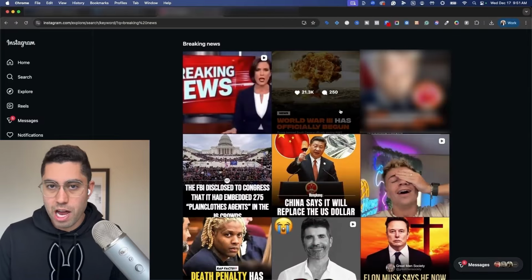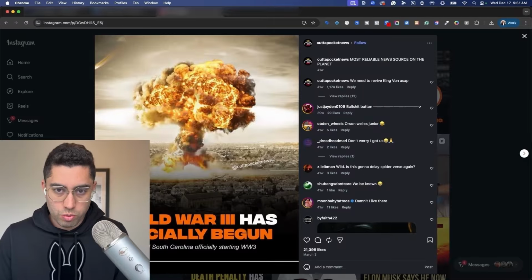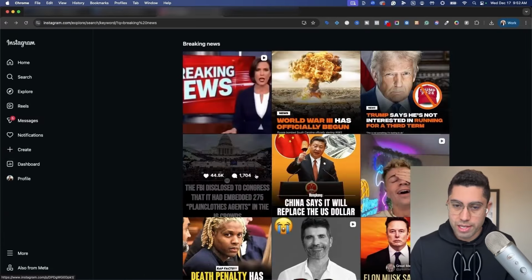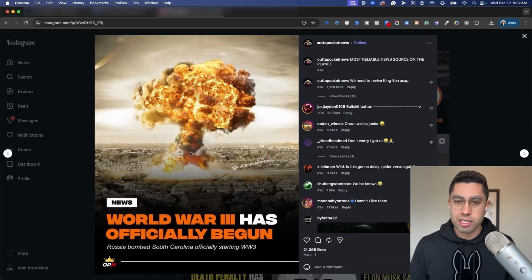It's just an endless amount of ad formats that we can pick from, right? So right here off the bat, breaking news, World War III has officially begun. And you can see the format that they're using here, 2 different pages using the same exact format, where it has the news, orange text, a little bit of a black gradient here, and then a sub headline. So this is your ad format, right? You have your headline here, you have your sub headline, you have a static image that could either be replaced into either a stock image or an image of your product or service.